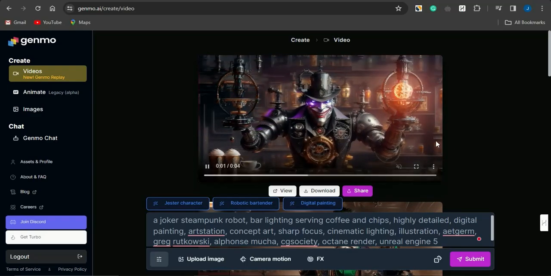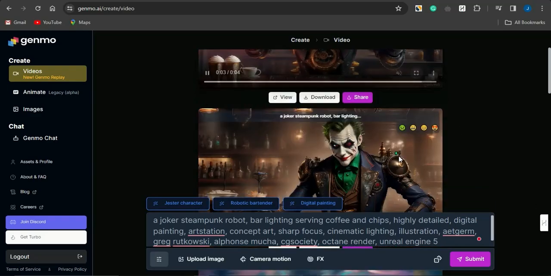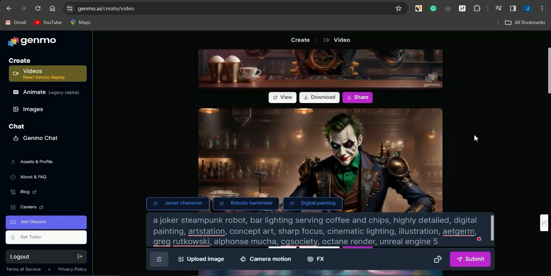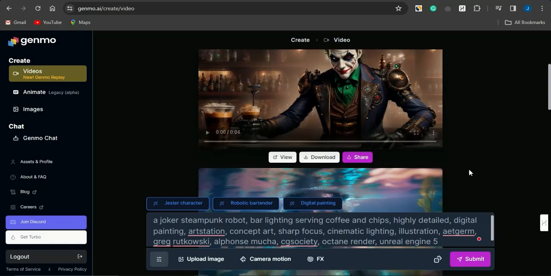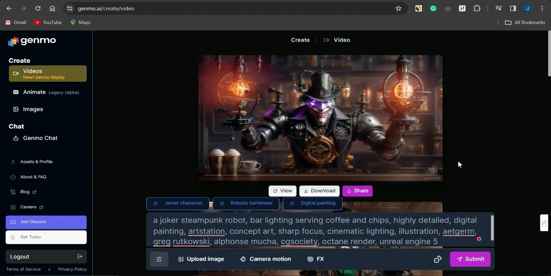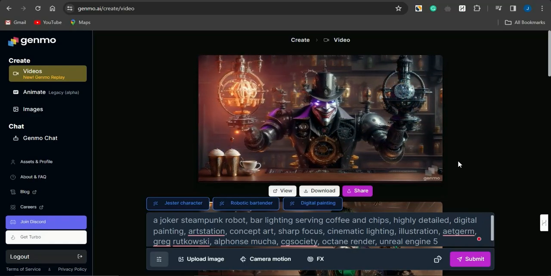So guys, basically all you need to do is to just simply come right here to this platform and start leveraging this platform to create some cool and quality content right here, or quality videos, just by giving a simple description. Now supposing you want to just simply animate an image, you can do that with the help